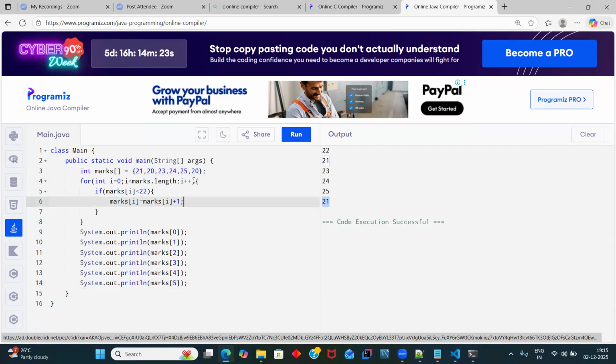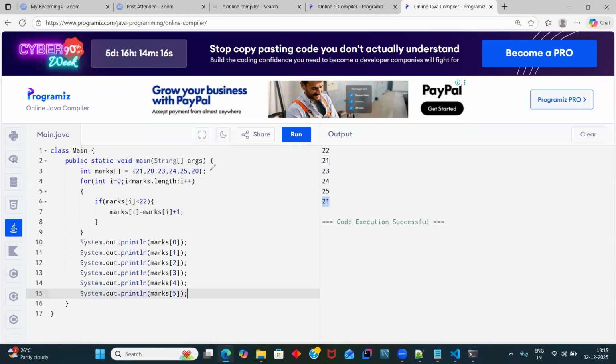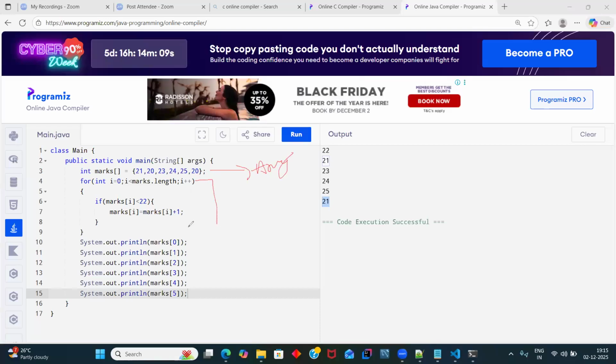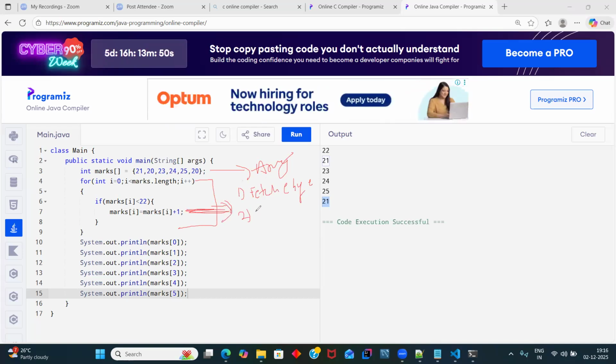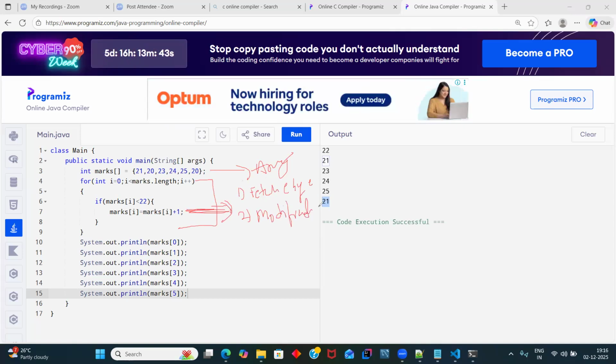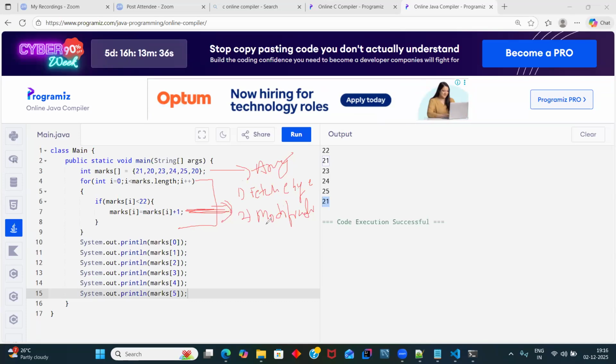So guys, let me map what I was trying to convey with this for loop. Already explained, but let me explain one more time. Guys, this is your array. Using this for loop, first step, you're fetching elements one by one. The second step, you're doing some update operation on it, nothing but some modification. So an array has a lot of elements, and if you want to fetch an element and do modification on top of it, then you have to use a for loop. Similarly,